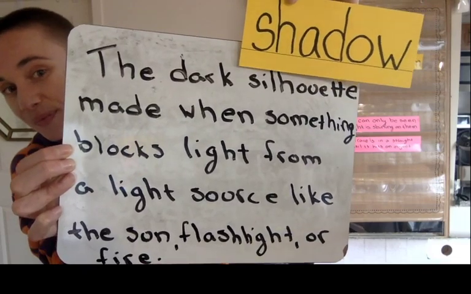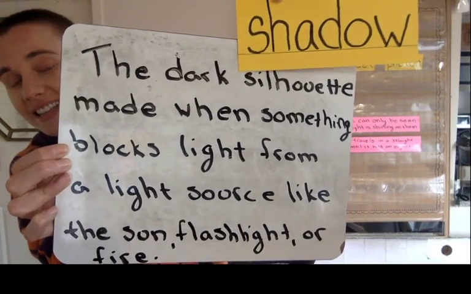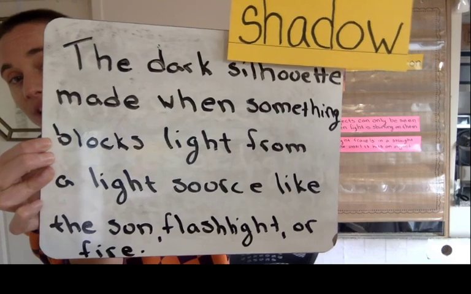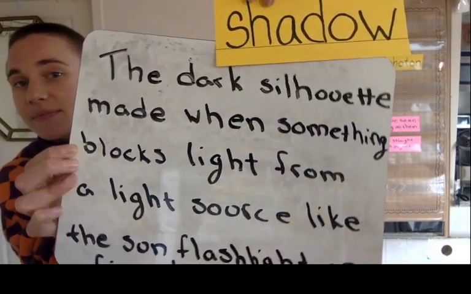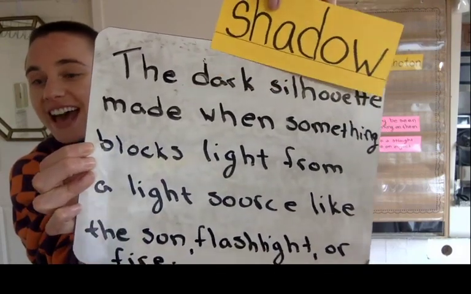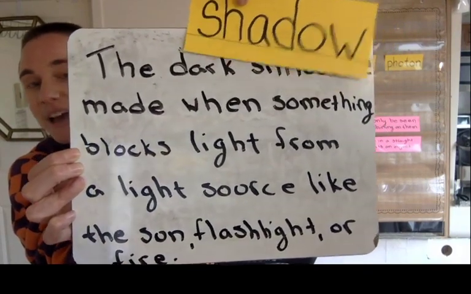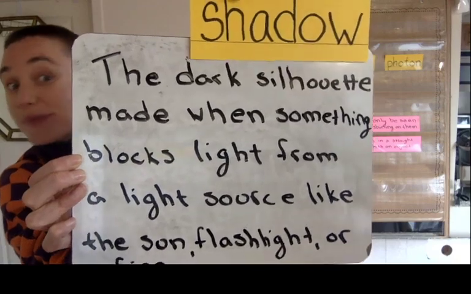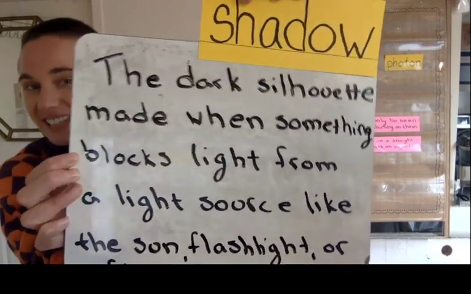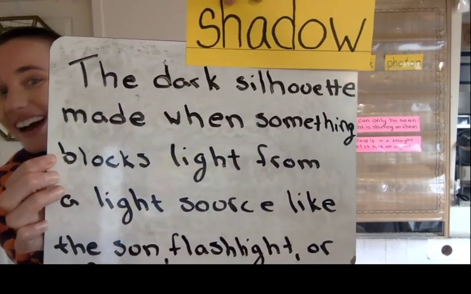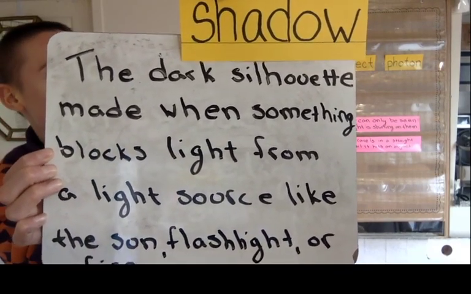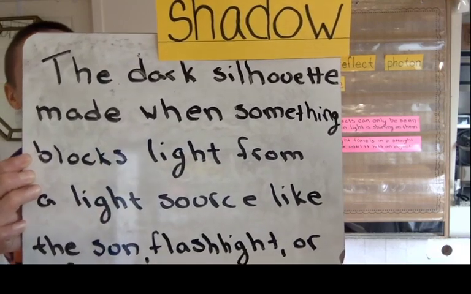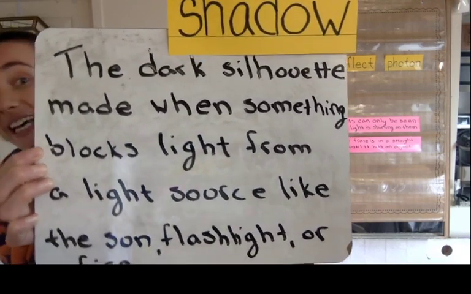And let's say, if you finish early, then you can draw a shadow, or you can give examples of shadows. You can say, for example, trees make shadows, and pencils make shadows, and all opaque objects make shadows. Ooh, you can even make that connection to our other word we just added to our glossary. And then please start to think, ooh, how am I going to use the word shadow and opaque in my